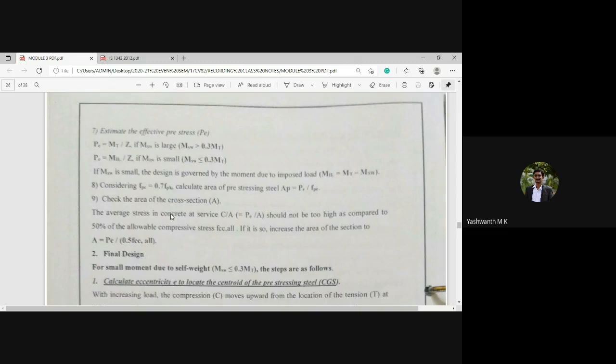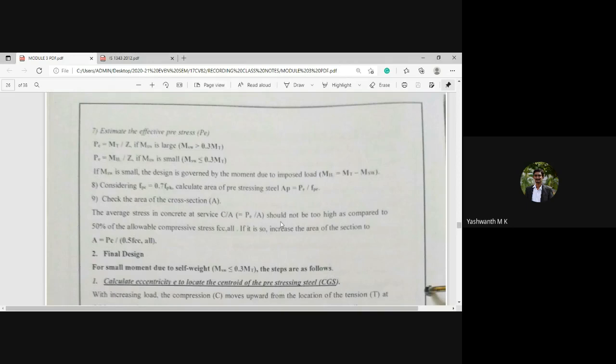So next, step number 9. Check the area of the cross section. That means whatever section you have considered, whether its dimensional parameters are safe to go ahead further. That is what you are going to do in step number 9. The average stress in the concrete at service, that is P by A, which is effective pre-stress divided by the cross-sectional area, should not be too high as compared to 50% of the allowable compressive stress, that is FCC allowable.